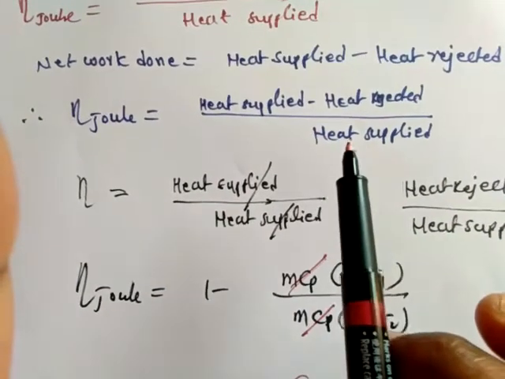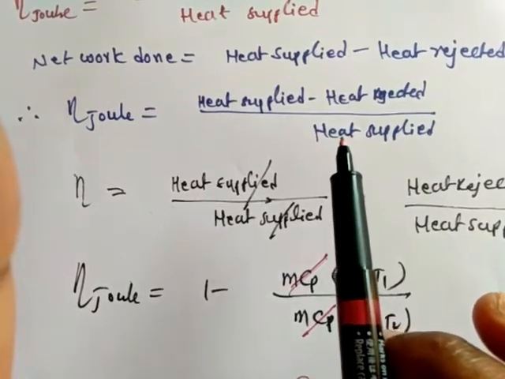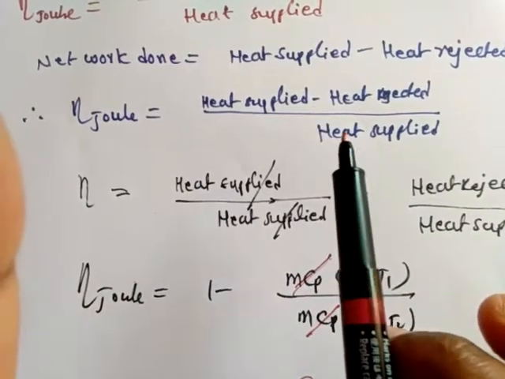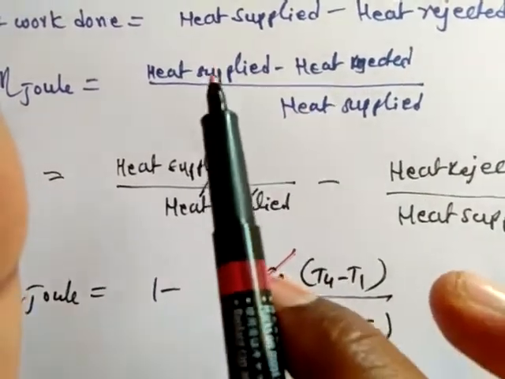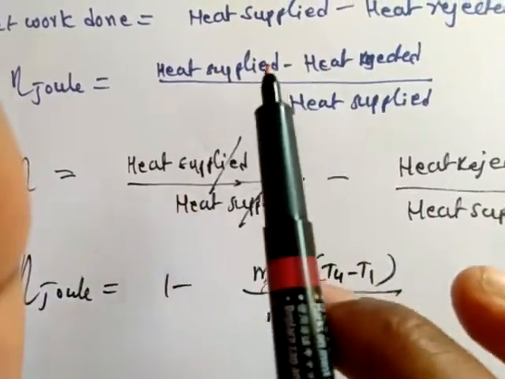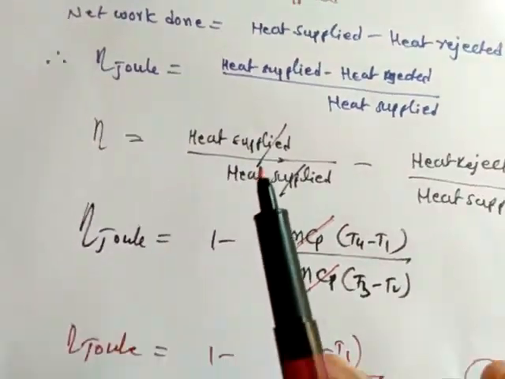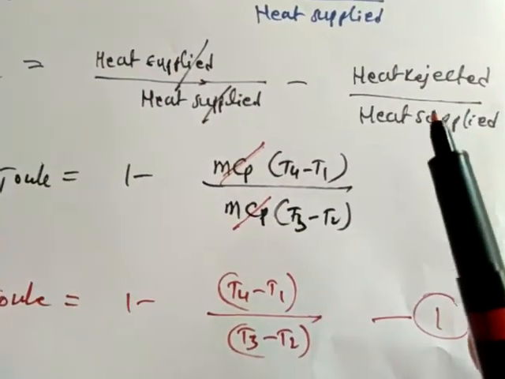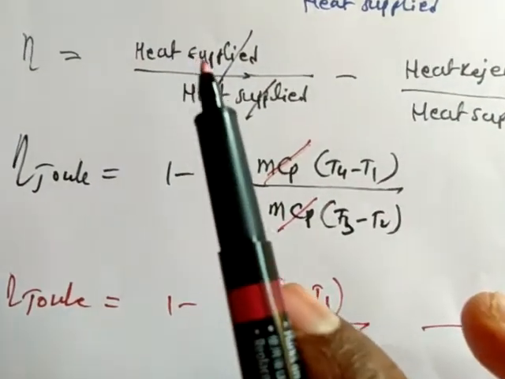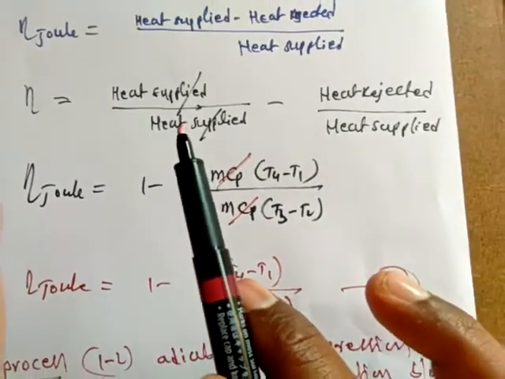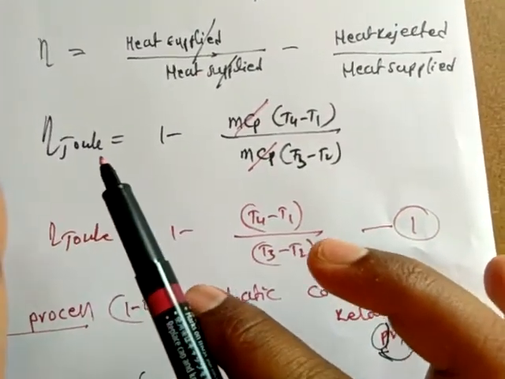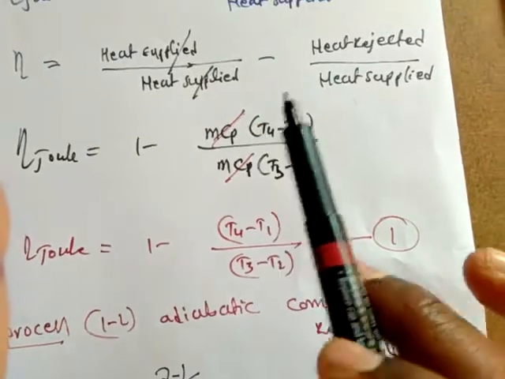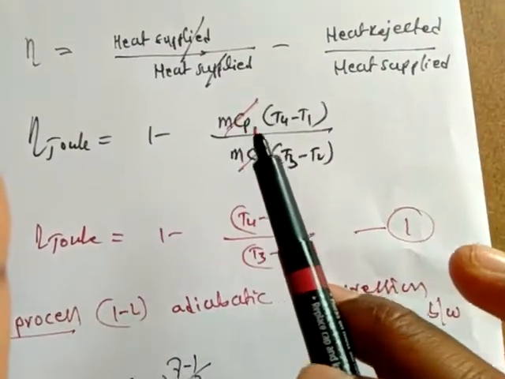So if we separate this heat supplied for these two numerators, we can write like this: efficiency of the Joule cycle is equal to heat supplied by heat supplied, minus heat rejected by heat supplied. So here heat supplied gets cancelled. Next, efficiency of the Joule cycle is equal to 1 minus, heat rejected, which is nothing but m Cp (T4